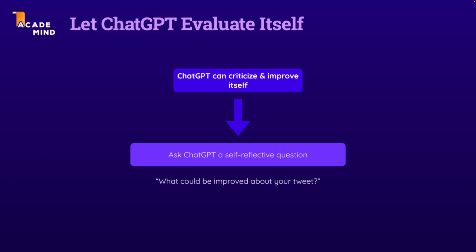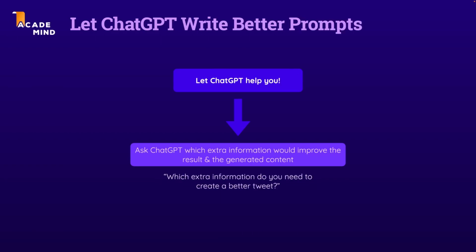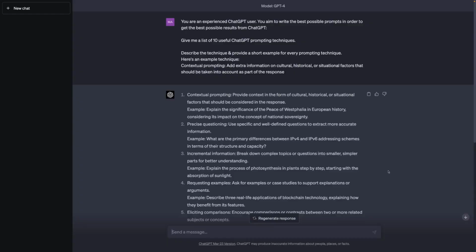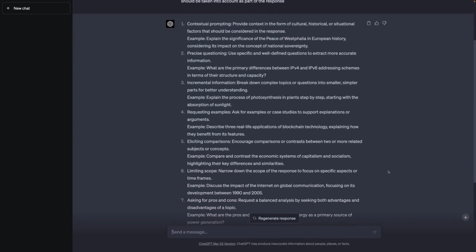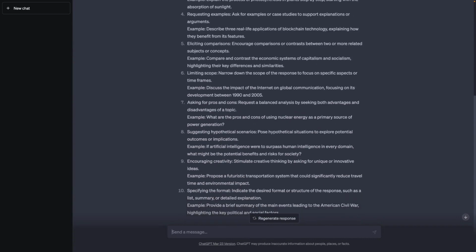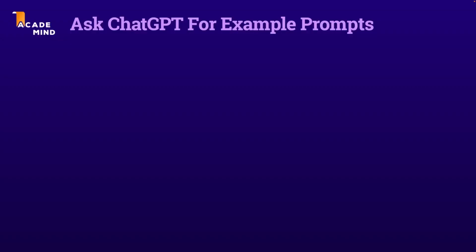So ChatGPT can be self-critical and improve itself. It can also tell you which extra information would lead to a better result. And it can also give you prompting strategies and techniques and ideas for how you could write and enrich your prompts to get better results. Now, one last trick which I want to show you, which also explores how ChatGPT can help you use ChatGPT